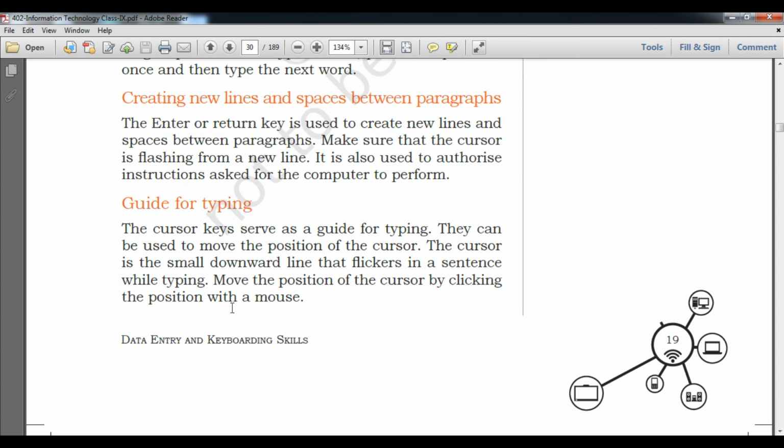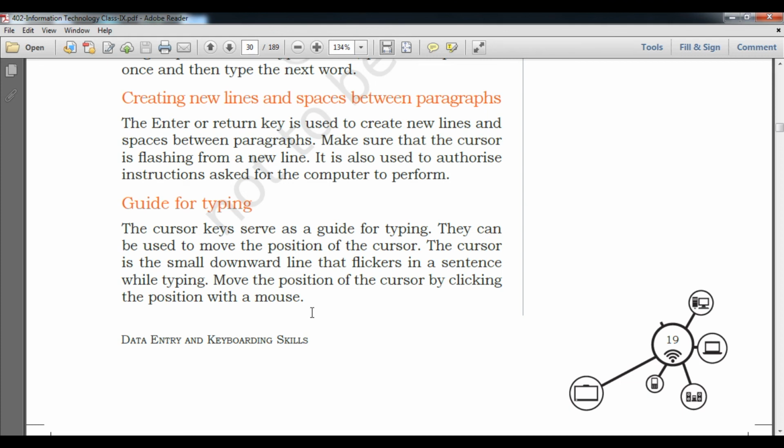When you press enter, it will come to the next line down, and then it will flicker. Flicker means it is going to blink, and it will wait for your typing. If you want to come back to an older sentence, you can just click on that particular location like this. Okay, it will transfer your control to the particular selected data.